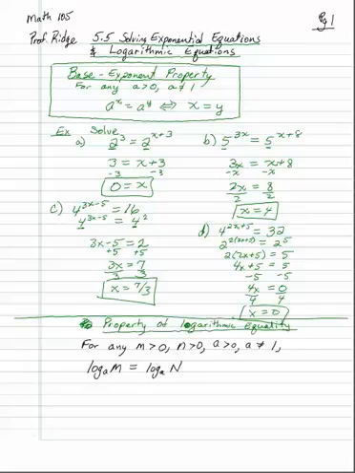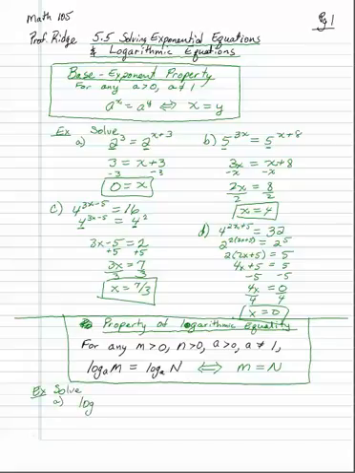Alright, so the property of logarithmic equality. For any m greater than 0, n greater than 0, a greater than 0, and a not equal to 1, log base a of m equals log base a of n is equivalent to m equals n. So if we have one logarithm on both sides of the equation and the same base, then you can drop the logarithms and say the numbers inside have to be equal to each other. So the only way these two expressions are equal to each other is if the numbers inside are equal to each other. So an example,